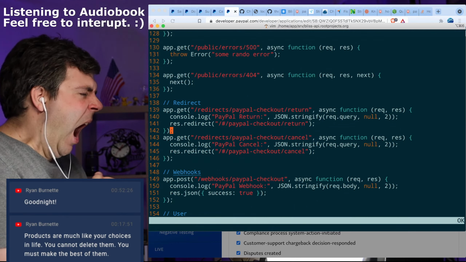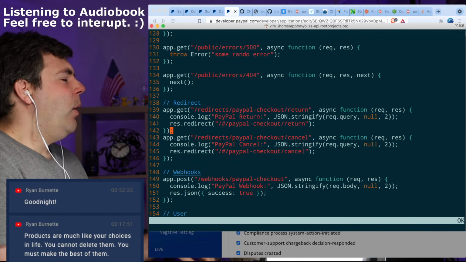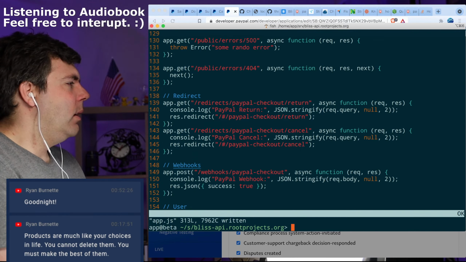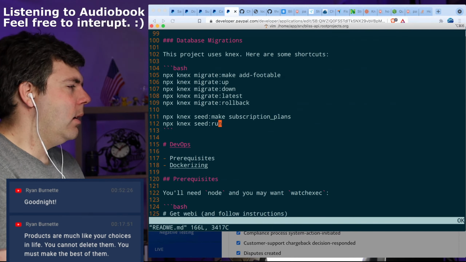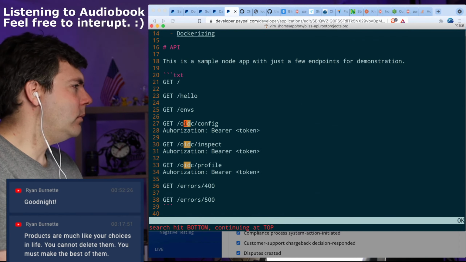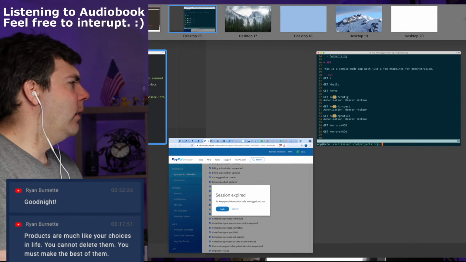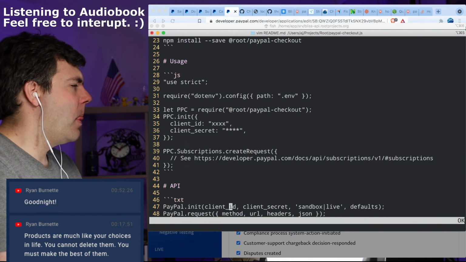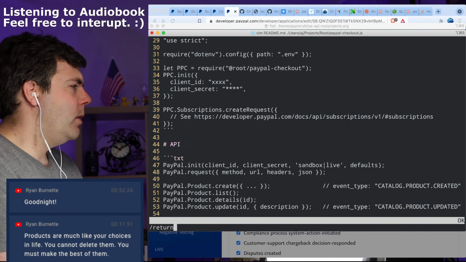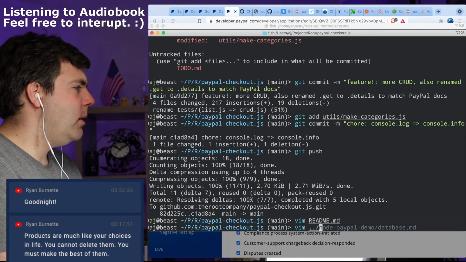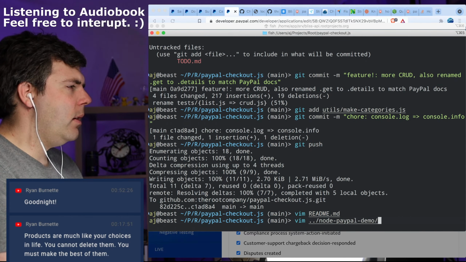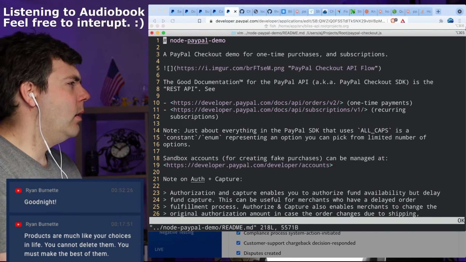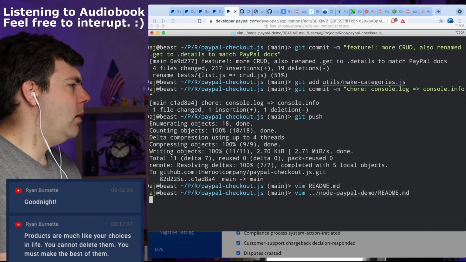I think we get an ID or something. Let me go back into the README here. Oh no, not here. Over in this one. Return. Do I have anything about return documented there? No. How about in this one? No, okay.